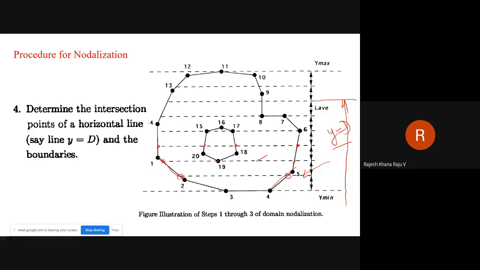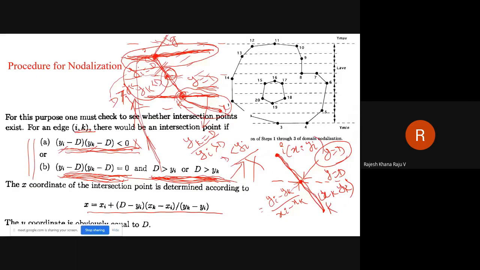Let us say y equal to d is one of the lines of consideration. This is the particular line which we are talking about. So the point of intersection is given by this one. In order to find out where it is intersecting, the logic we have applied is this. If it is intersecting a line ik, then definitely it should satisfy this criterion, because when it is intersecting in between the edge, the intersection point coordinate will be either less than or greater than one of the endpoints.